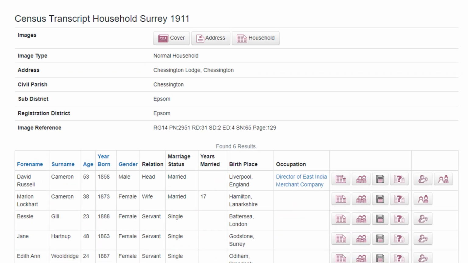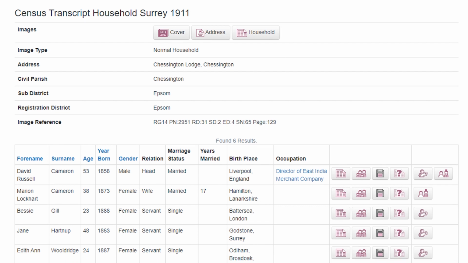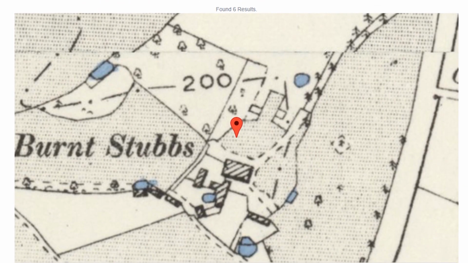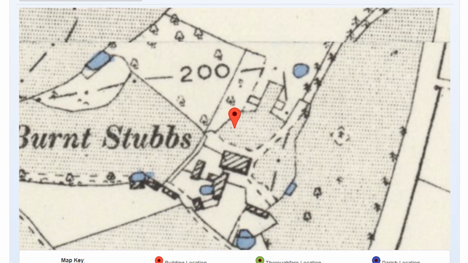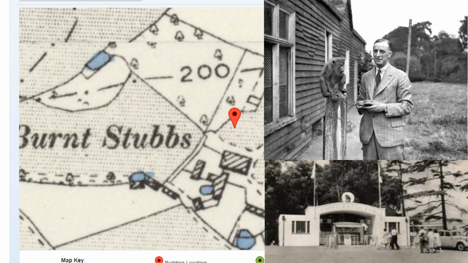If we move forwards another 10 years, we can see that the owner of the property in 1911 is listed as David Cameron. Not that David Cameron. This David Cameron was the director of the East India Trading Company. And finally, we can jump to 1939 and we discover that Reginald S. Goddard, also known as RS to his friends, was living in the property. And it lists his job here as zoo proprietor and founder, which might give you an indication as to what